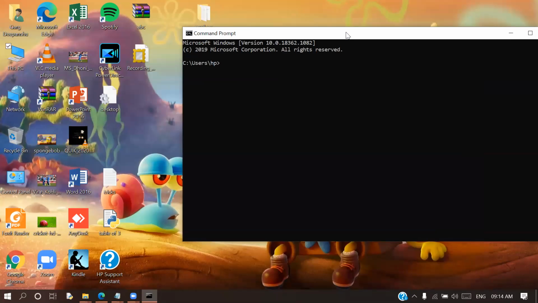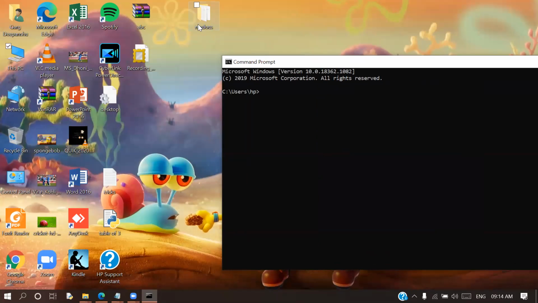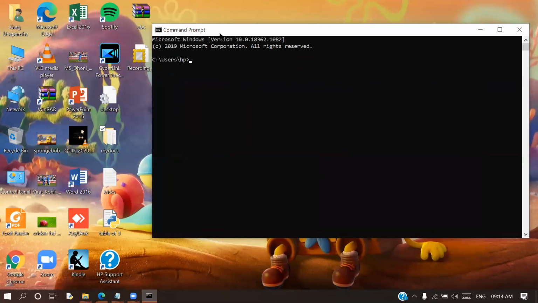Fine. So what you will do here is, let's say, where did my folder go, here is my log. We hide this one. How do you want to do this? First of all you need to enter your system, meaning you need to enter the desktop, go inside the desktop. So what we do is we write cd desktop. Now I am inside my desktop. It has written C users sp and then desktop, right?